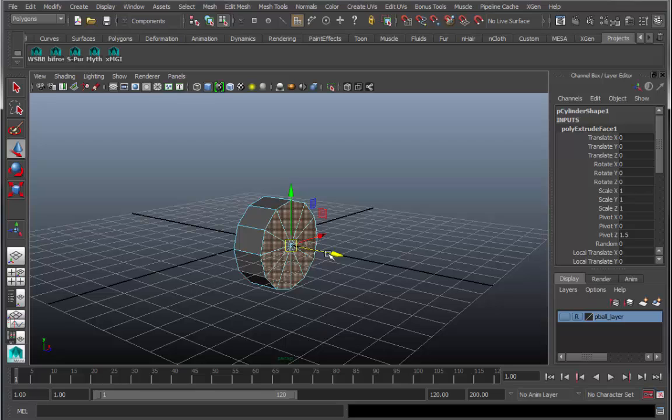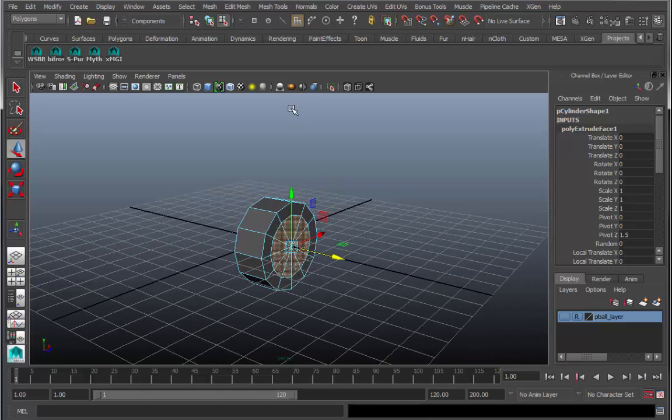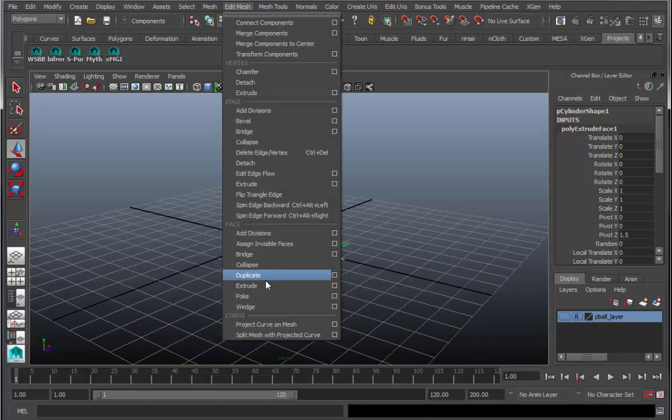We are going to actually scale them. Now what I did was not extrude another series of polygons, I just changed my manipulator. And you're allowed to do that. So by the way, if I've scaled them down, but if I immediately then started pulling them out, I have not done a new extrusion. So to create a little divot in this doorknob, I want to come over to Edit Mesh, continue the extrusion,